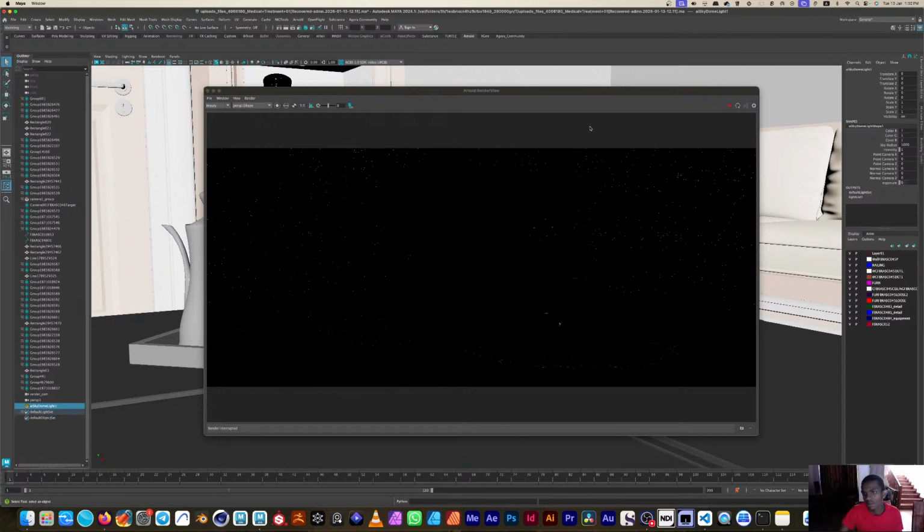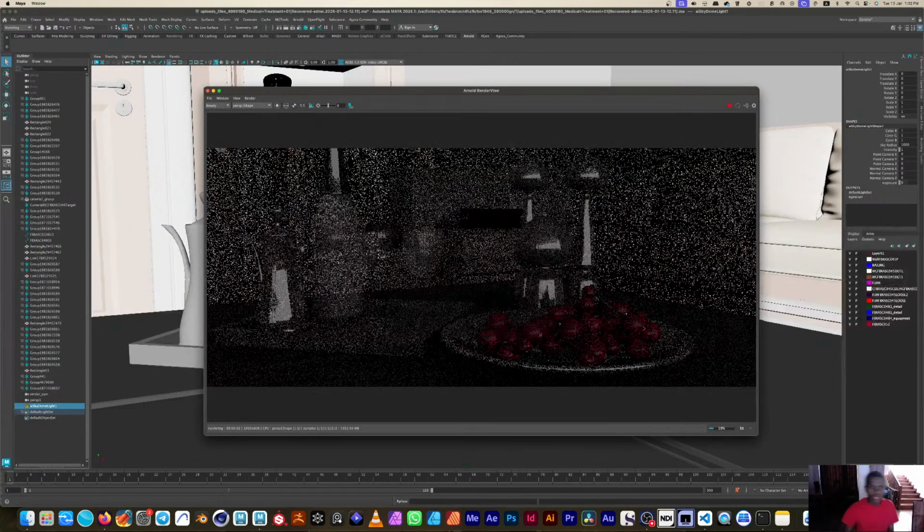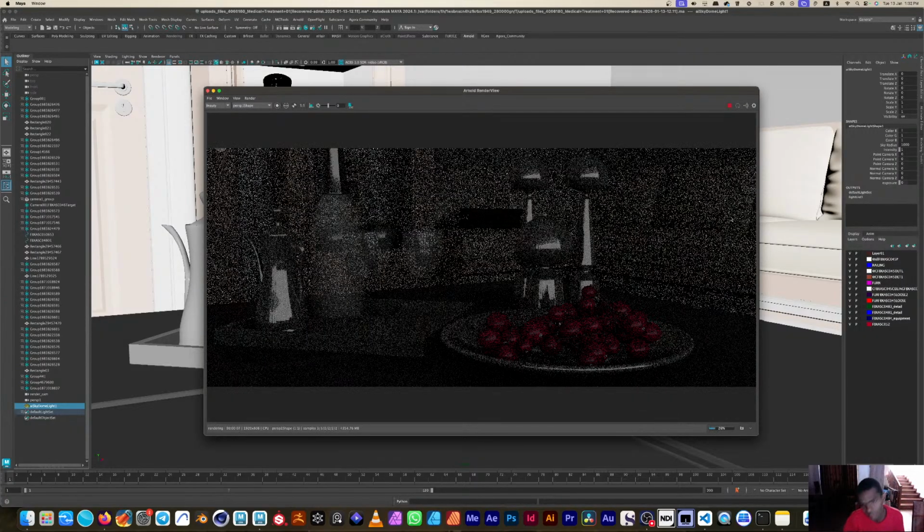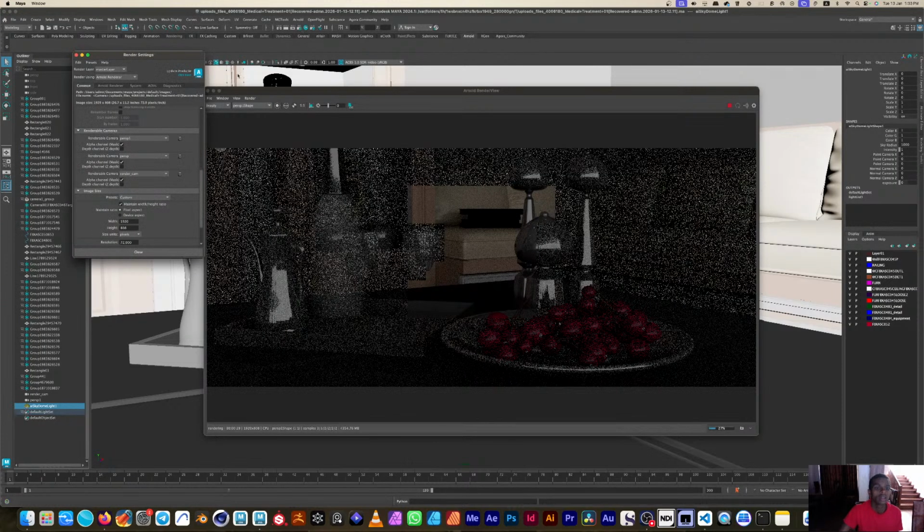So as I play, let us see. And you can see, yes, there's light, but it's not evenly distributed. But let us see how it looks. You can also go to the settings and go to the Arnold render